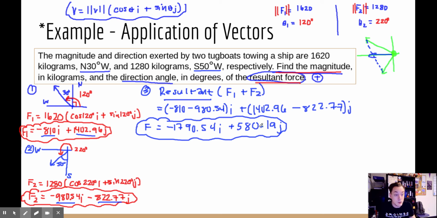And notice it is in quadrant 2. So that line right here should go a little bit up, but that's in quadrant 2. It's this side right here, the first tugboat, since it obviously has more weight and a bigger magnitude, it's doing a little bit more work. So that's why you see that this vector, negative and then positive, is going to be in quadrant 2. All right? That's still not my answer. What I need to now do is, now that I